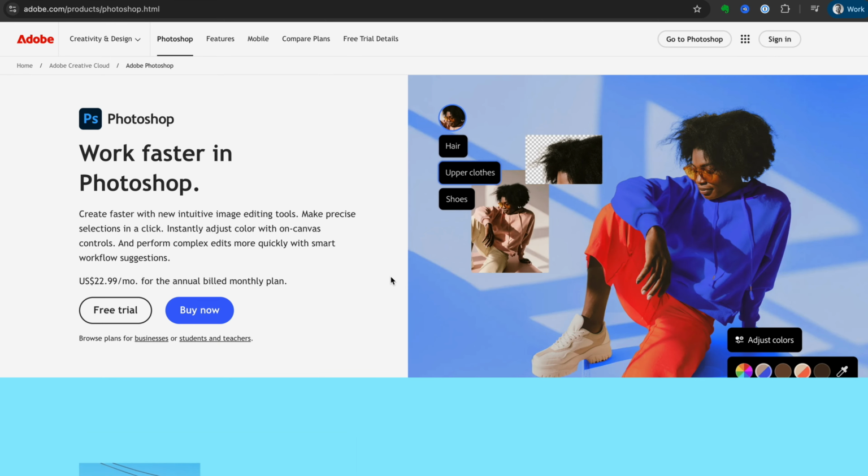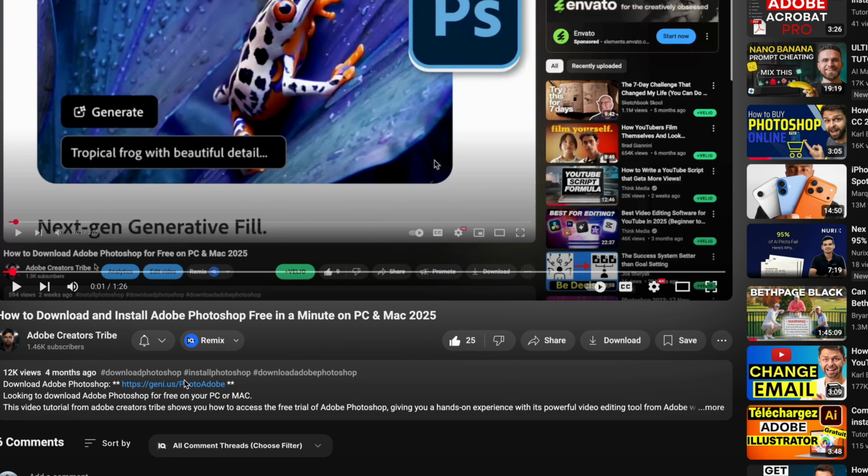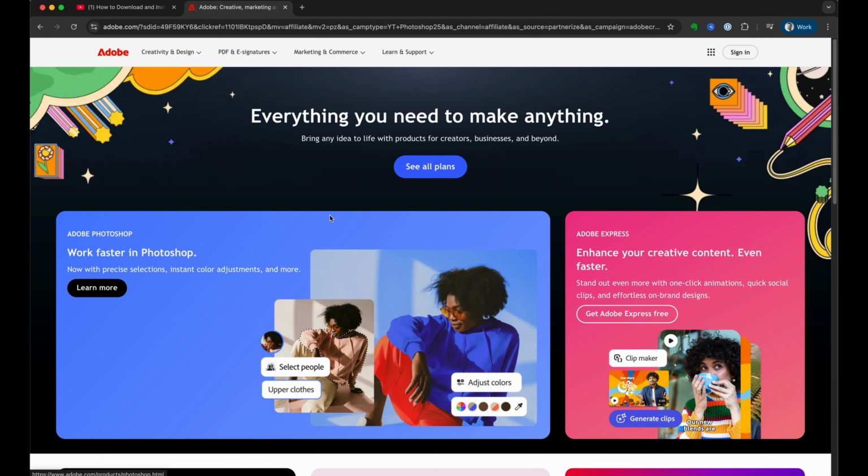How to install Adobe Photoshop for free. To get started, head down and click the link below this video. Then select your country. Now we're going to be on the official Adobe website, and then we're going to head